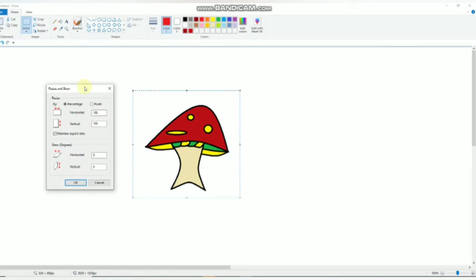Then select the maintain aspect ratio checkbox. Here the horizontal is 100 and the vertical is 100. So you can change this. We write here 75. We want this drawing at 75 percent. Then click on the OK button.